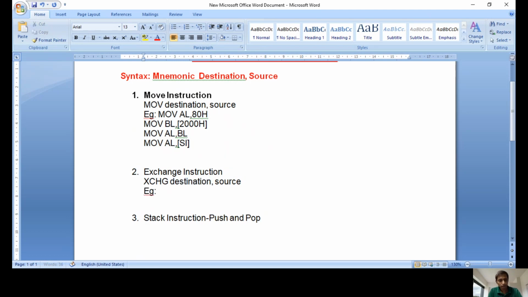For example, XCHG AL, BL. In this example, the data present in BL and the data present in AL are exchanged simultaneously. For example, before the exchange operation, AL is 20H and BL is 25H. After exchanging, the 20H data will move to the BL register and the 25H data will move to the AL register.